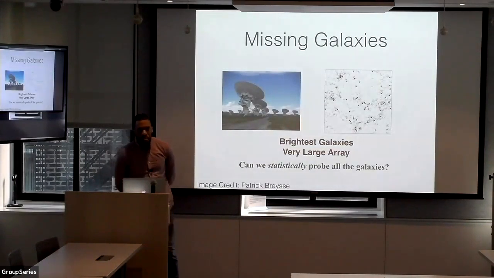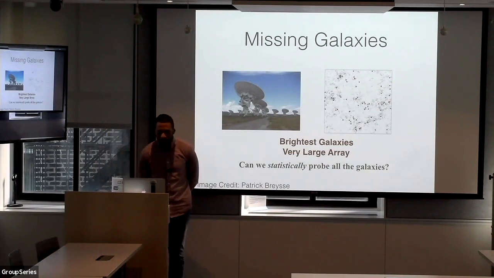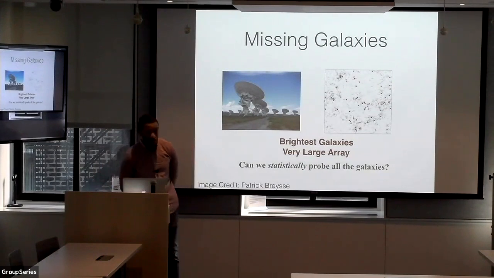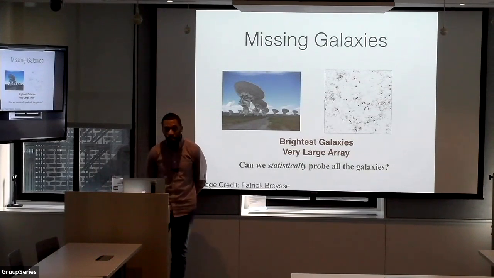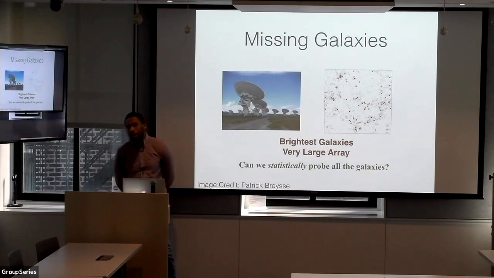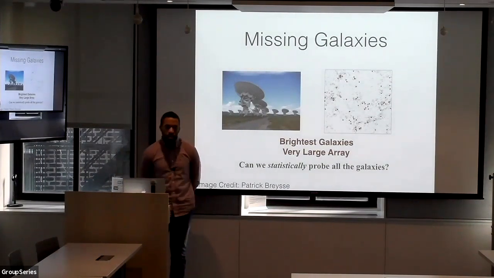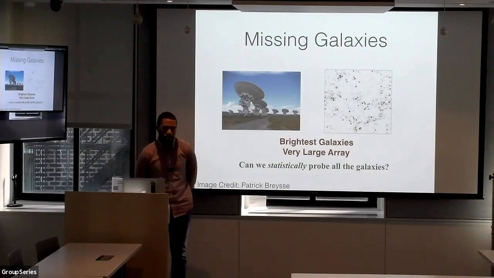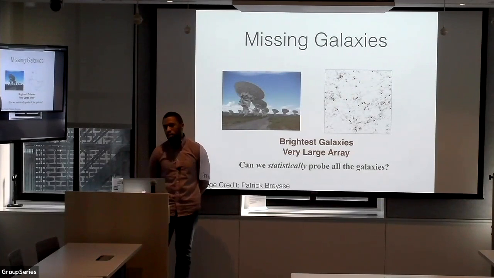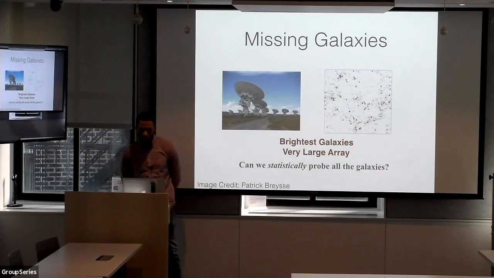However, so we have particular galaxy surveys. Let's look at this. Some of the most common are ones like the VLA as a radio survey, as well as surveys in the microwave like ALMA. However, these surveys only look for the bright galaxies. Just like all traditional galaxy surveys, you're only going to reach the brightest galaxies.